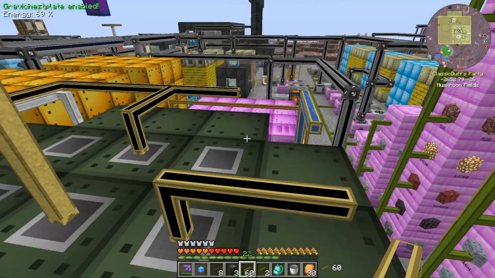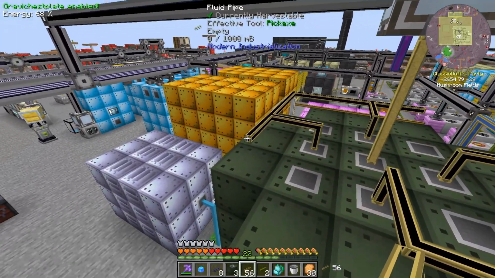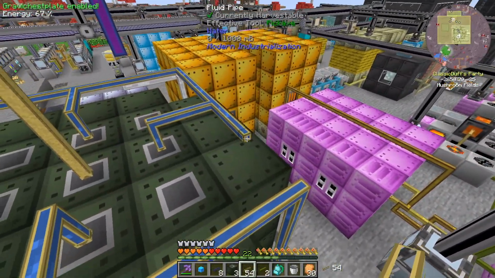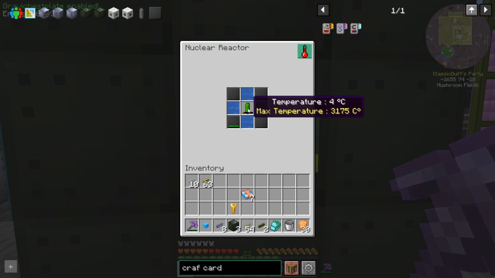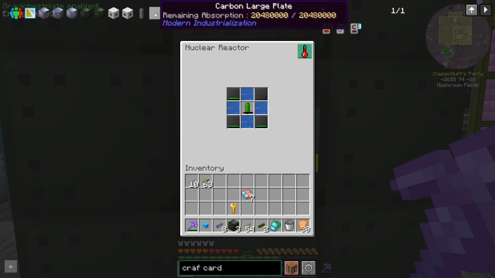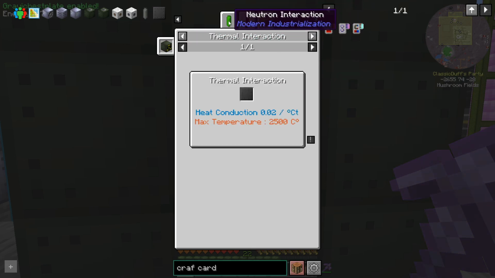If we do something like this, I'm just kind of trying to make it look cool as well. If we do this, so we should have fluid going into all of these. There we go. And the temperature, it did take a while to warm up, but once it got going, it was okay. So once these carbon plates get used up, I'm pretty sure they just disappear. They don't turn into like a depleted carbon plate. And we can kind of look at that in the reactor,